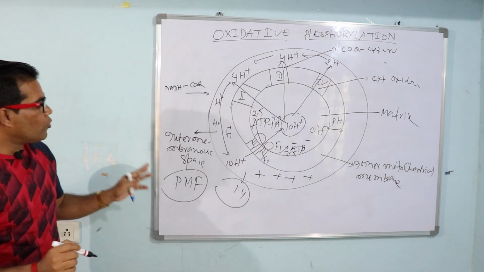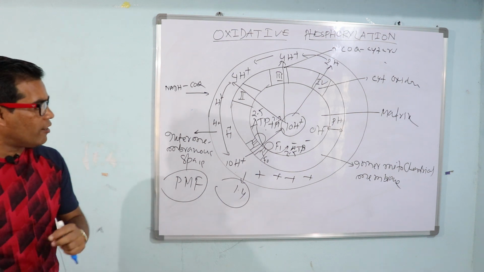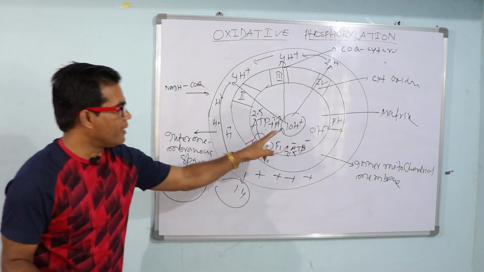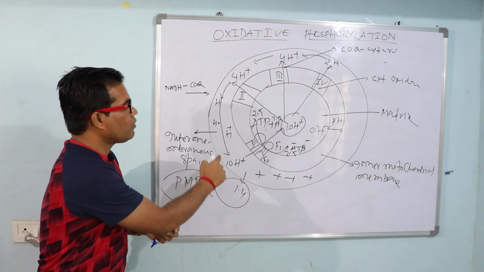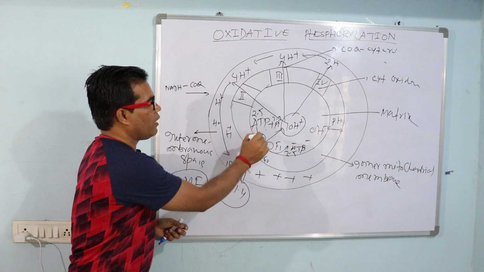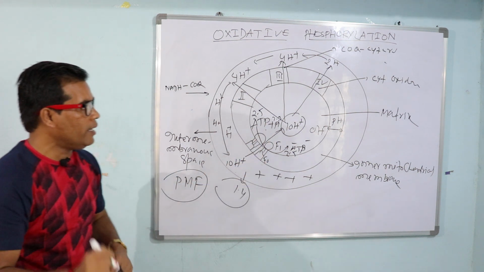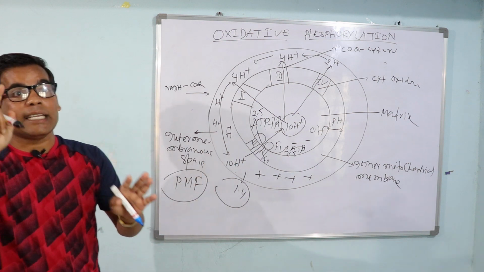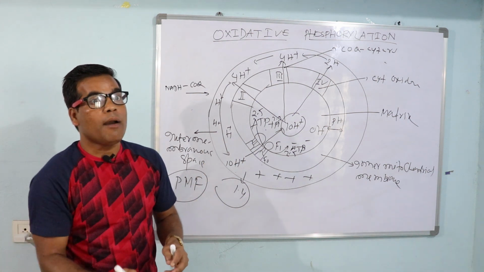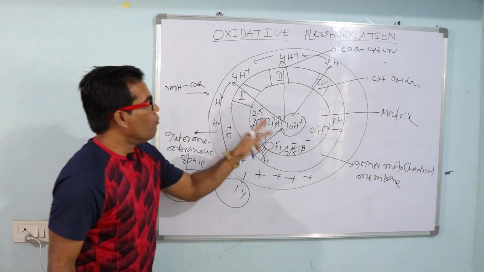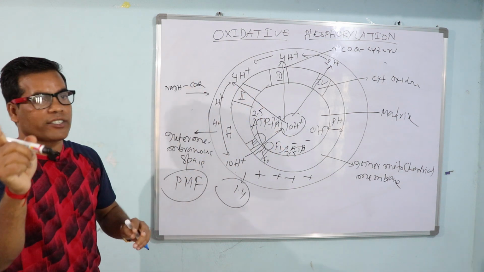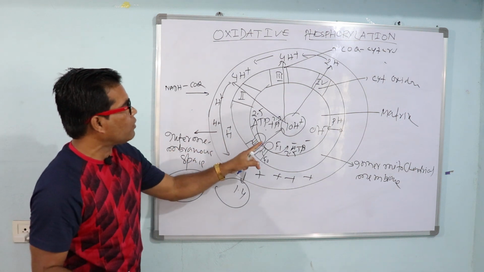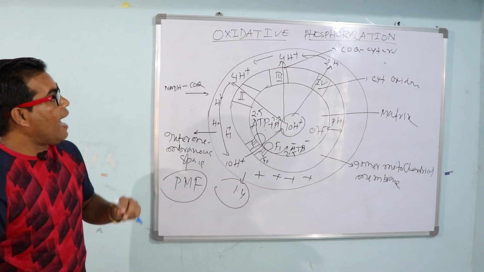So the proton motive force drives the hydrogen ion from the intermembrane space to the matrix, and it leads to the combination of ADP with inorganic phosphate to form ATP molecules. Due to this, each ATP molecule formation requires the pumping of protons from the matrix to the intermembrane space. Through complex 2, 4 hydrogen ions will be pumped from the matrix to the intermembrane space,